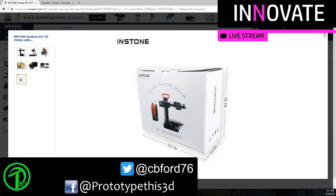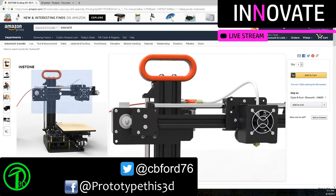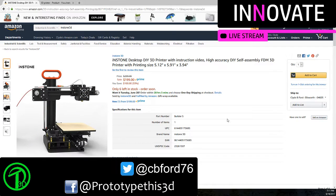Anyway, I was a little surprised to see this one as well when they popped that one out. That would be a good chance to do a kind of Lego kit. I like that. But it does have the handle, so they're implying that this would be a portable machine instead of just a